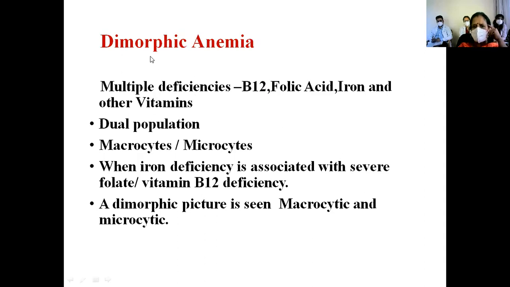Multiple deficiencies, dimorphic anemia, is another one which we keep writing about when making a diagnosis. That means in a country like India, where we have deficiencies, if a patient has iron deficiency, do you think he has only a sole iron deficiency? It could be multiple other deficiencies, iron, folic acid, everything. Then the blood picture would show the presence of both macrocytes and microcytes. So we use this terminology, dimorphic anemia, whether people accept it or not. There's slight confusion in this entity, but what we mean is B12 and folic acid deficiency, or both microcytes and macrocytes are there.